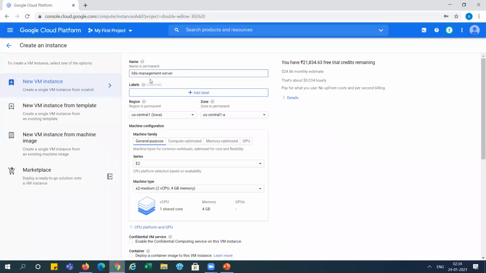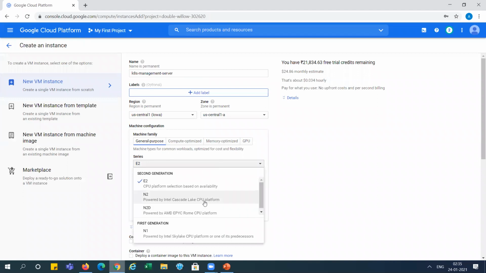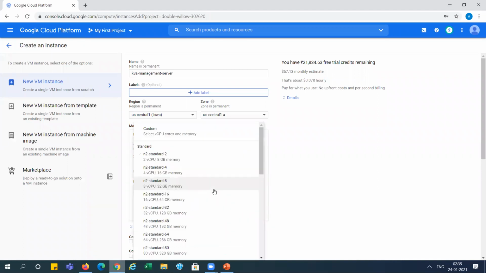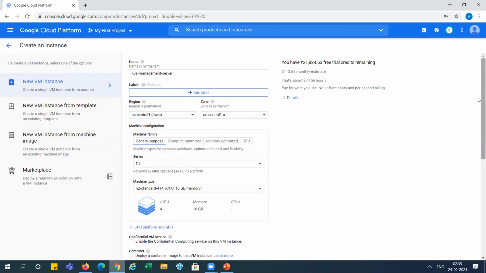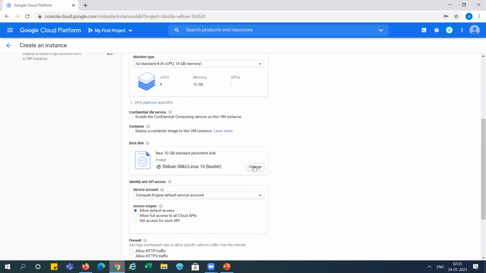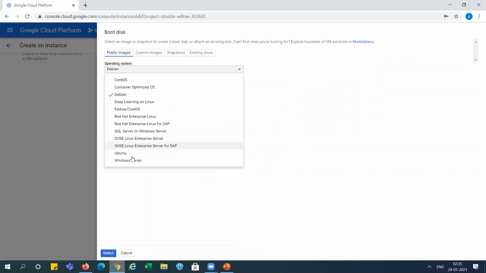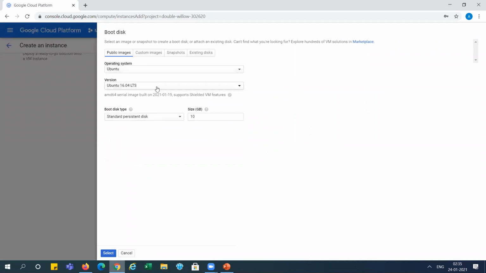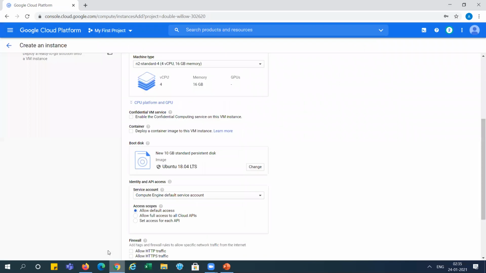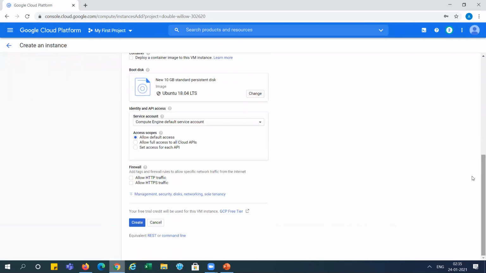For the name I put K8 management instance, and I'm using an N2 system. I'm selecting N2 standard 4, and I'm choosing the Ubuntu OS from here, and the version we will take is 18.04.